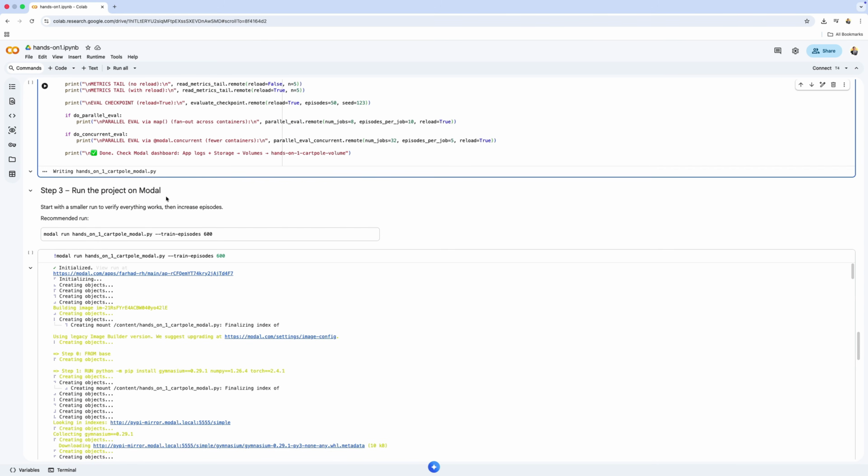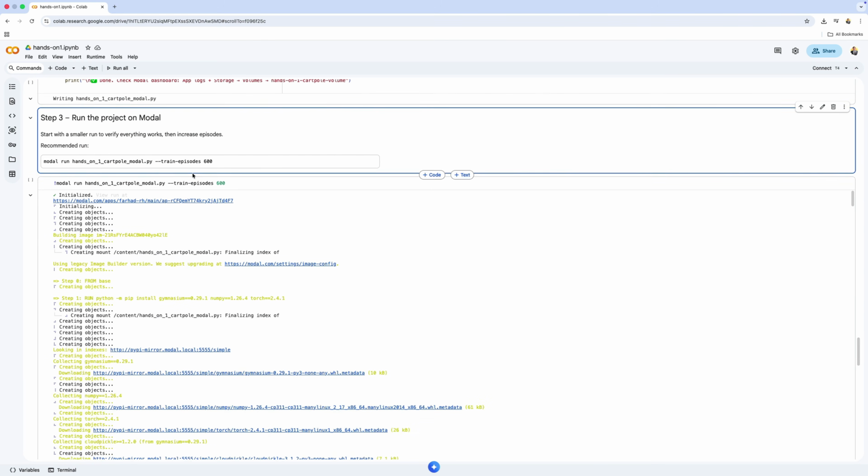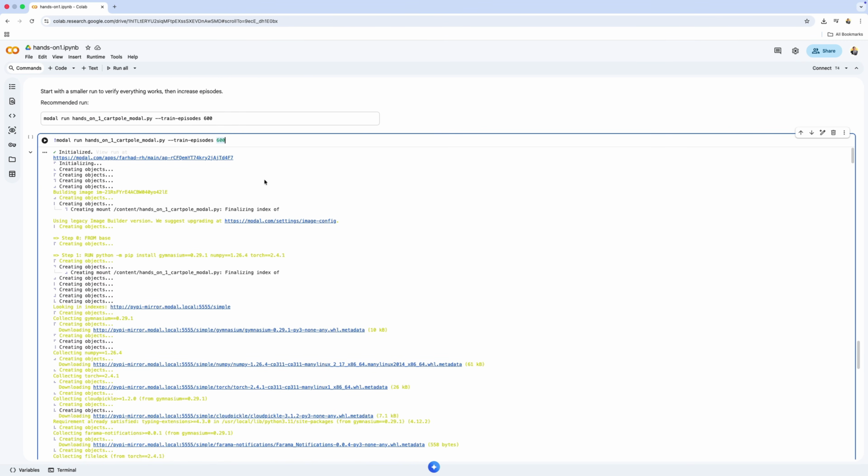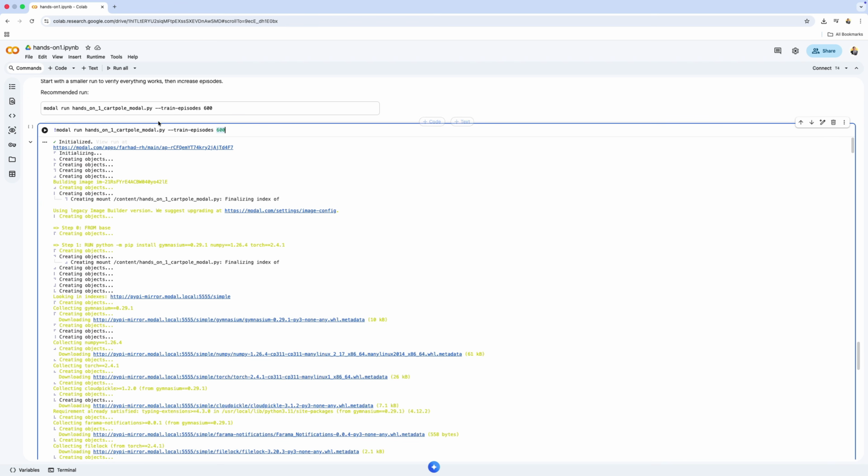In this step, we finally put everything together and run the entire project on Modal. This is the moment where all concepts from lessons 1 through 5 come alive in a single command. When you run modal run hands_on_1_cartpole_modal.py,